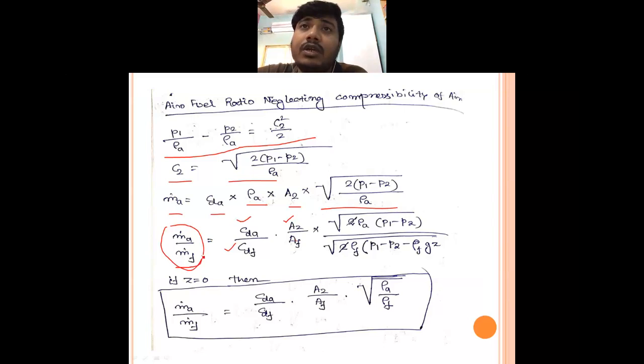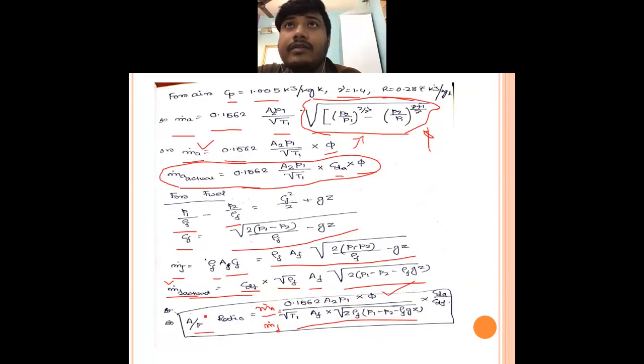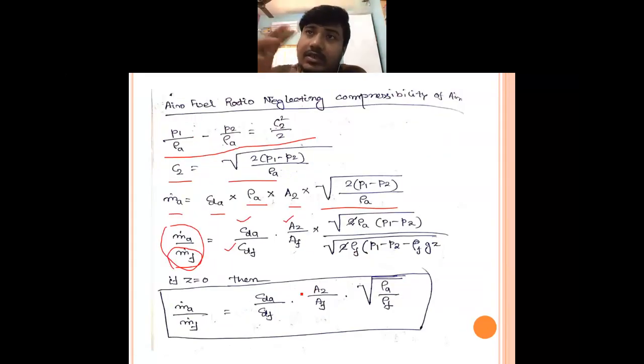Now you can ask me one question, sir, where are you getting the MF? MF we are getting over here, because we are already considering that the fuel is an incompressible fluid. So the fuel calculation I have already done according to an incompressible fluid, but what I am doing now is that we are considering the air to be incompressible. Okay, so if we consider these things, the equation will come like this: CDA by CDF into A2 by AF